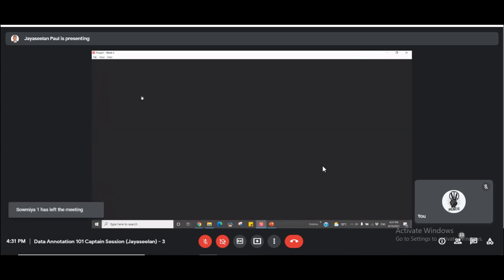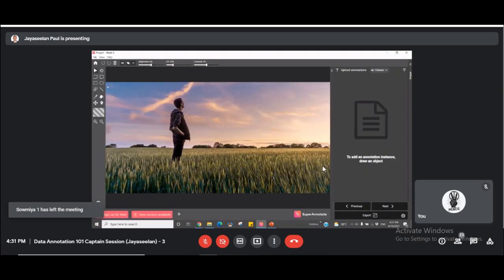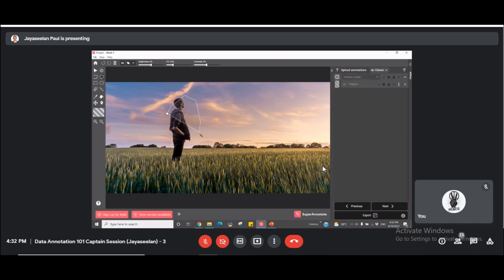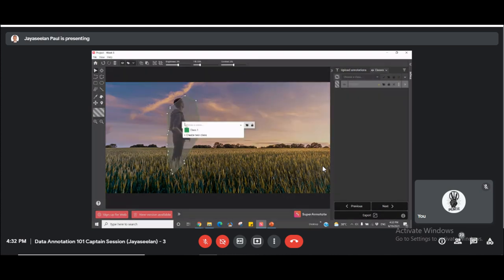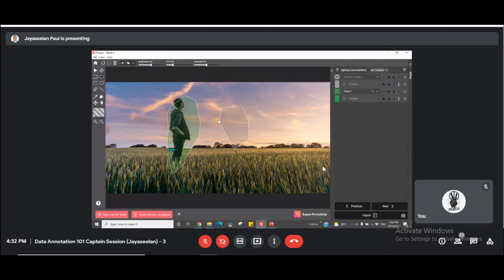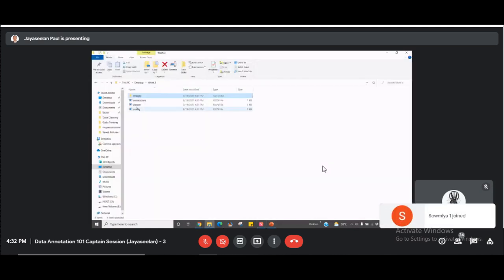So here, remember when I am marking something, I'm using a tool and marking, just an example I'm saying, and marking a class. All of this will be automatically saved in those files. The classes that I'm making, the annotation, all of that will automatically get saved in those files.